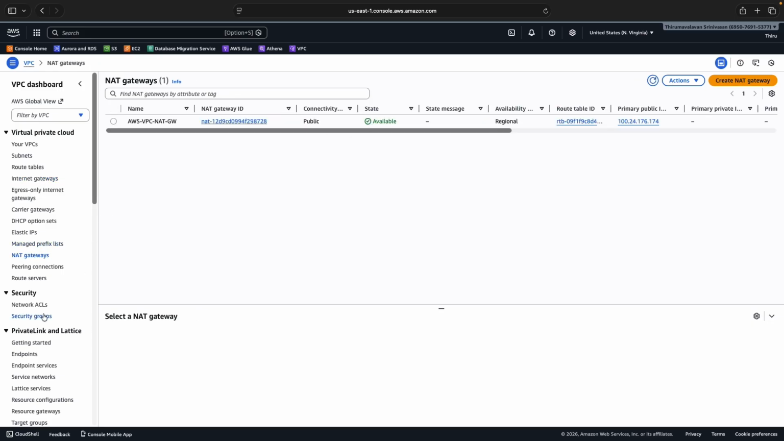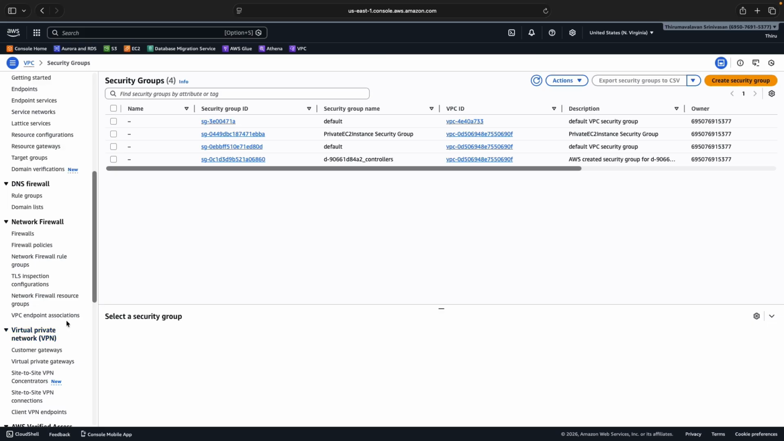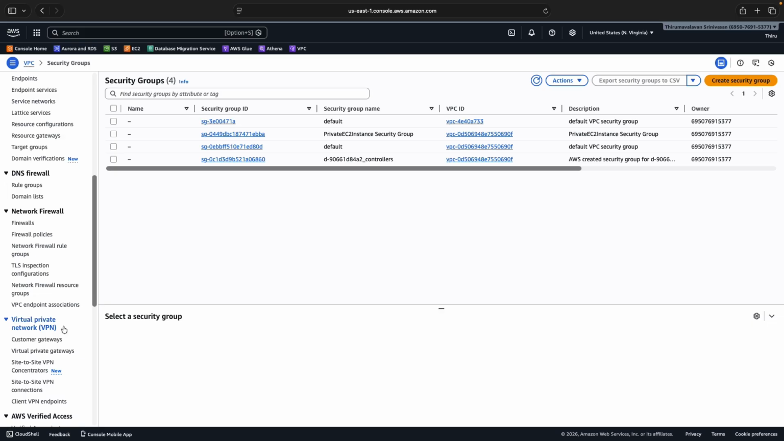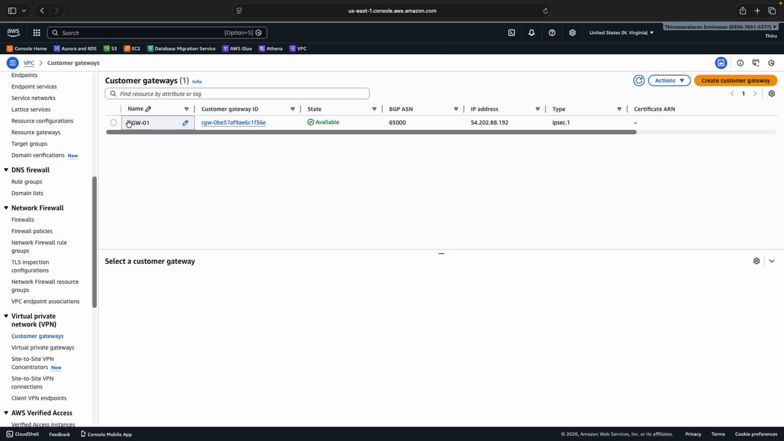This is for the default VPC, and this is the one for AWS VPC actually. And we can see the NAT gateway, and you can see the security groups. I'll talk about this in detail later. And let's go to